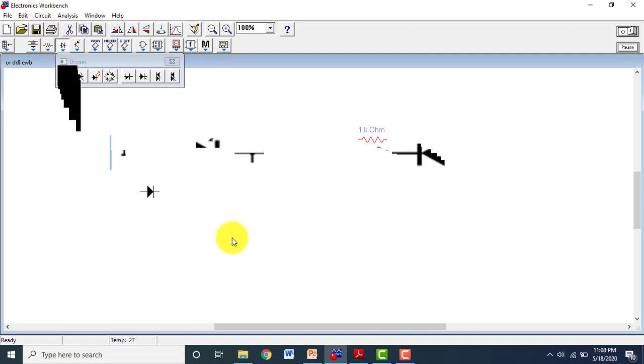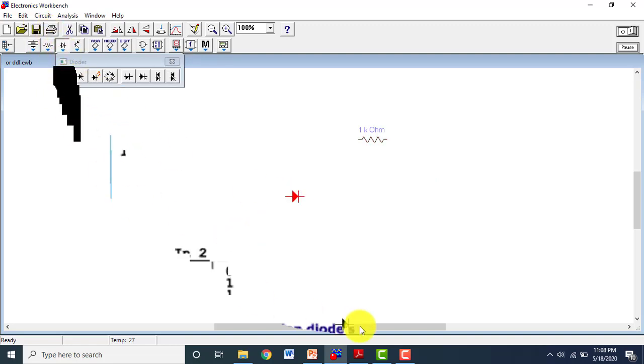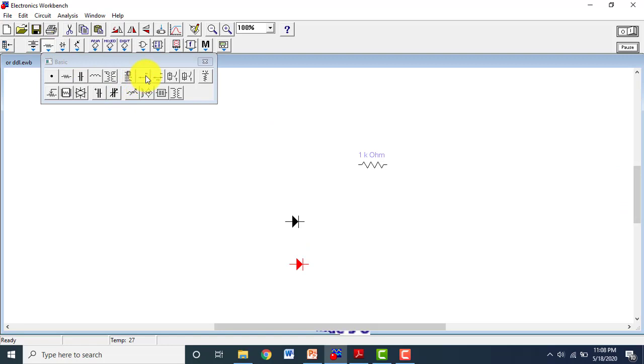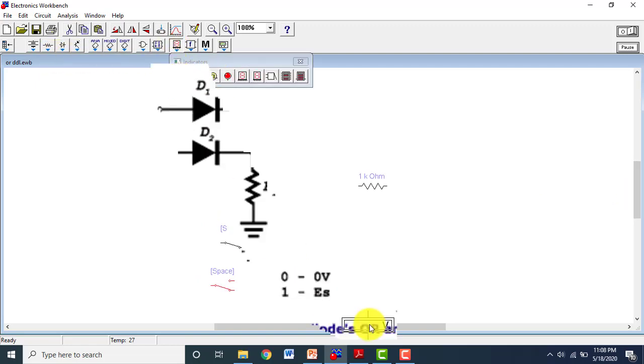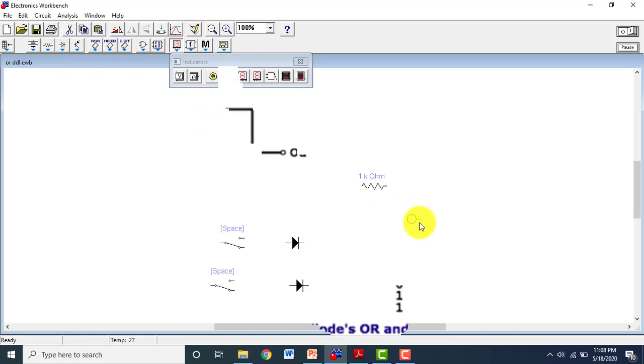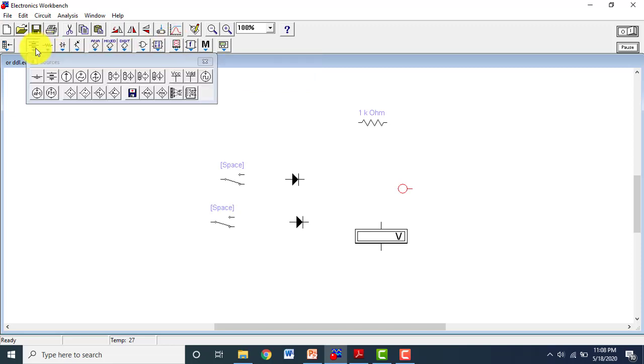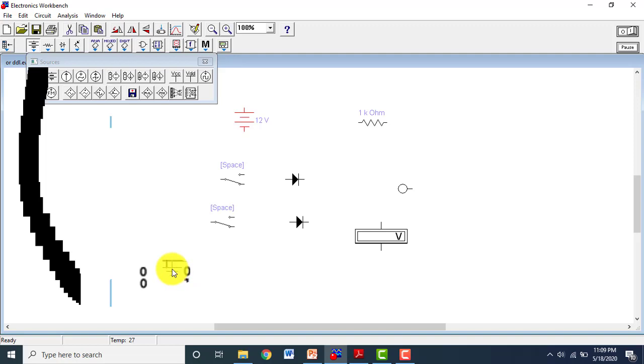Then I will select one by one all the components again. I have selected the resistance, 2 diodes. I have to choose 2 switches. Then I will use one voltmeter and a bulb, and I need a DC source and a ground terminal.